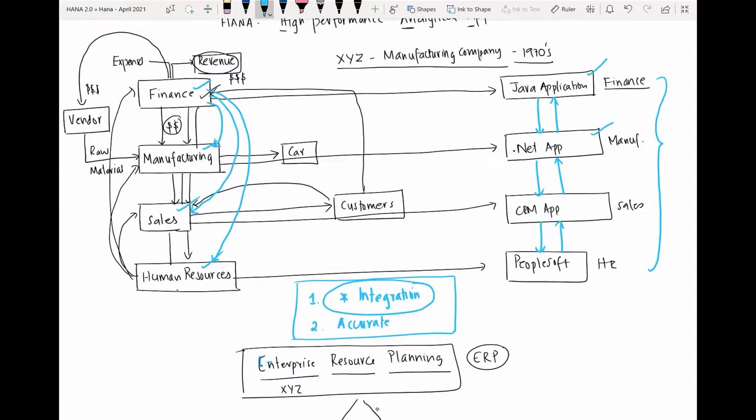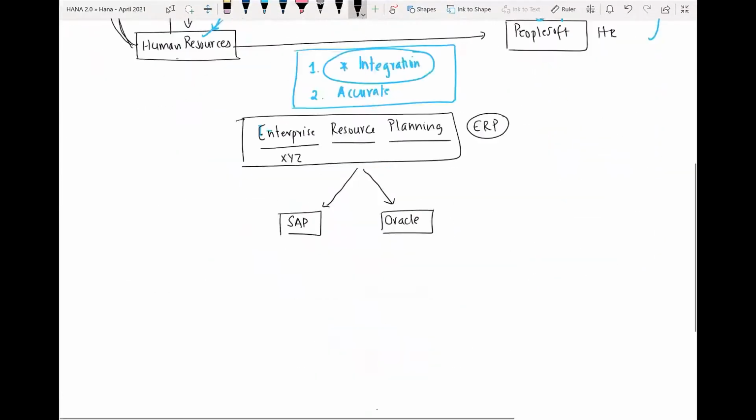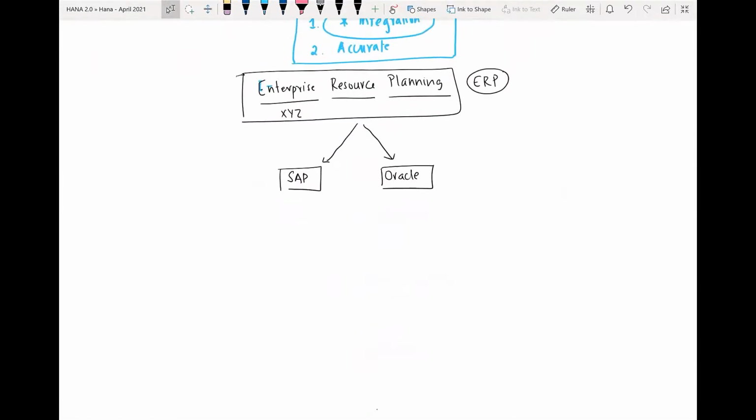Because we think finance is very, very critical, we are going to create an ERP solution which is going to focus on the financial aspect of any organization. So whether there are different departments, sales, human resource, manufacturing, and so on,